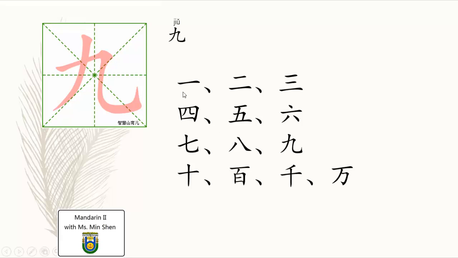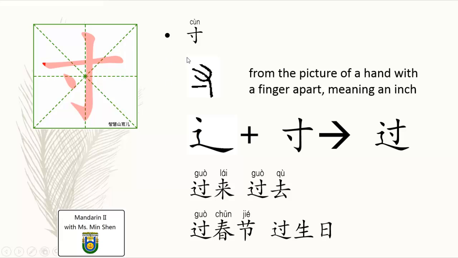All the other characters, I hope you can read. 1、2、3、4、5、6、7、8、9、10 and this one is 百、千、万。Next one 寸，寸 is a Chinese domestic measurement, right, for very short distance, very short length,